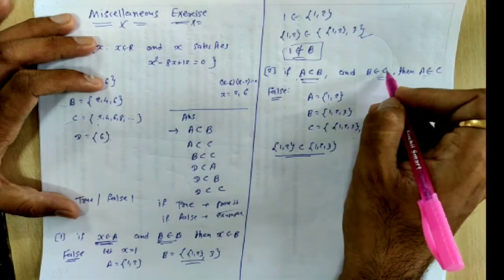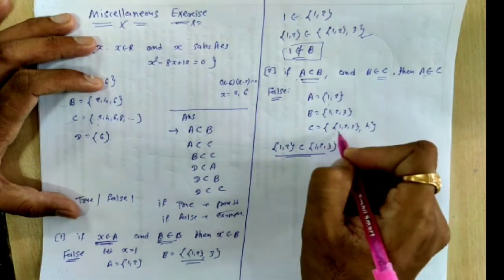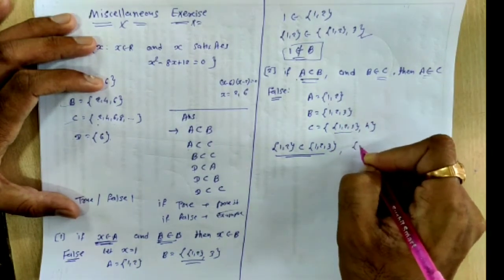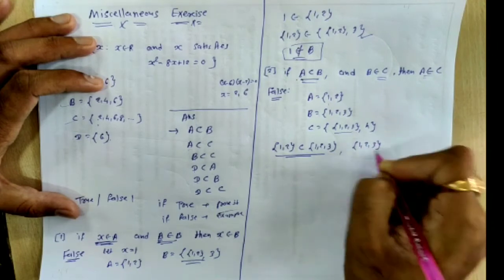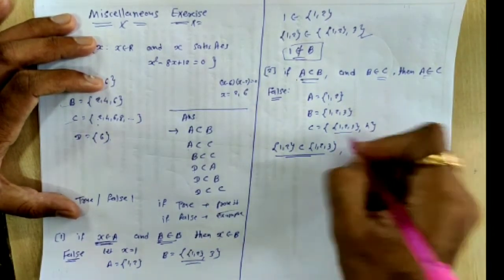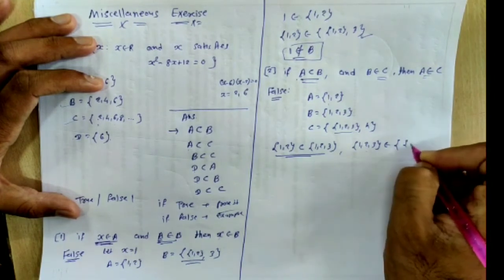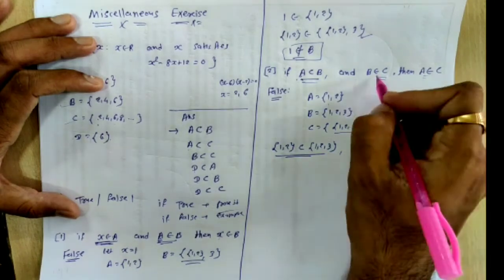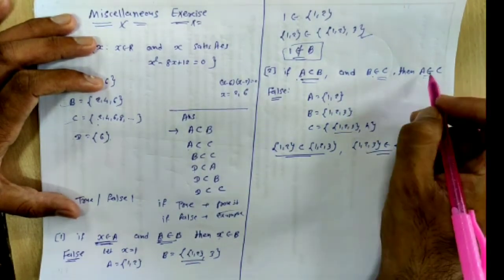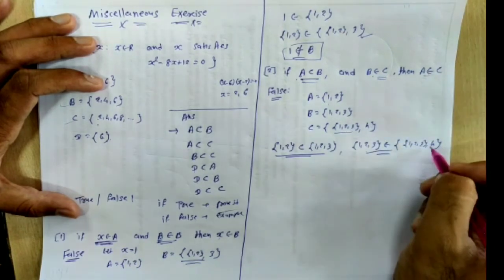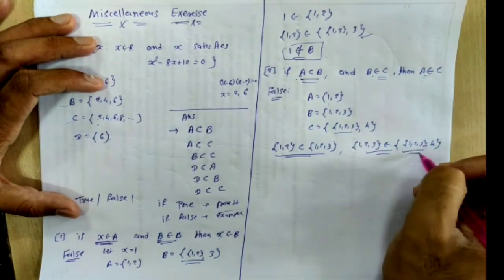That means inside set C the whole set B should come. So inside C the whole set B has come. See, so the second condition is also fulfilled. {1, 2, 3}, this is set B, belongs to set C. And inside set C the whole set B has come as an element. So it's {1, 2, 3, 4}. So these two conditions are fulfilled. Now you have to check whether the third condition is fulfilled: A belongs to C. Inside C is our set A. This is our C. Inside it is a set.